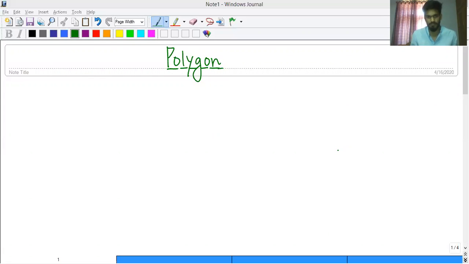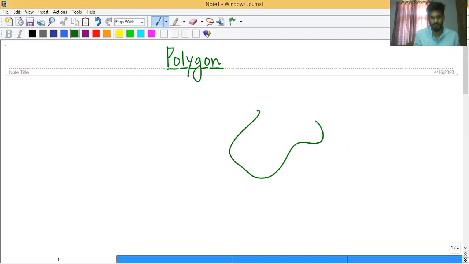Closed curve. Okay, or curve. So what exactly is simply closed curve? Let's say I am drawing a shape, any curve. Okay, now I pick a point on the boundary of it. I move along the boundary now. When I reach, let's say this point was A, now at the end I'm again reaching on the same initial position. So these kind of shapes will be closed curves.